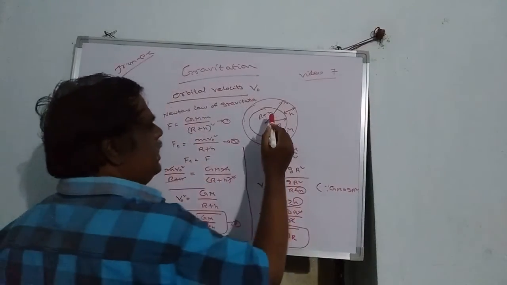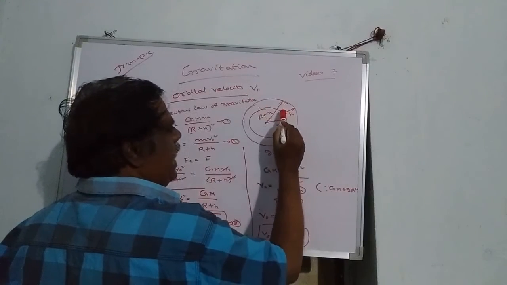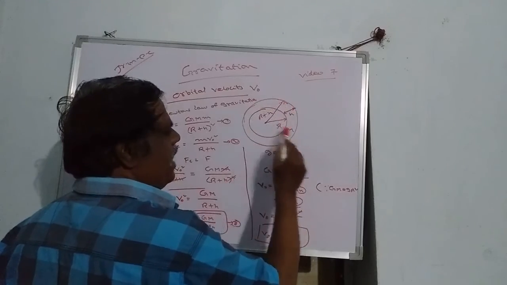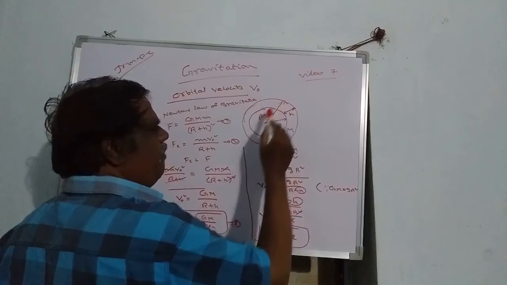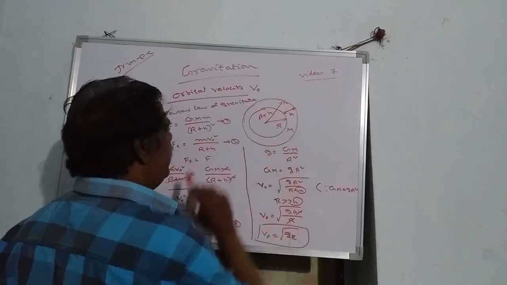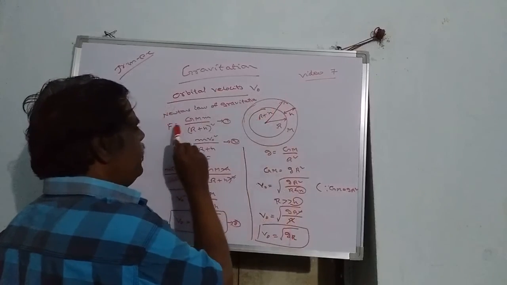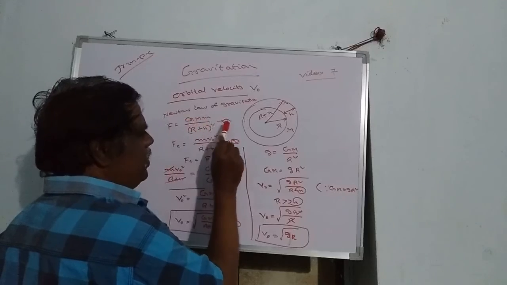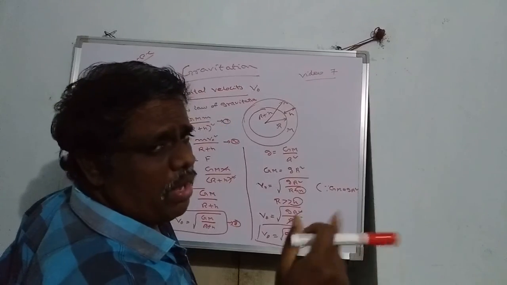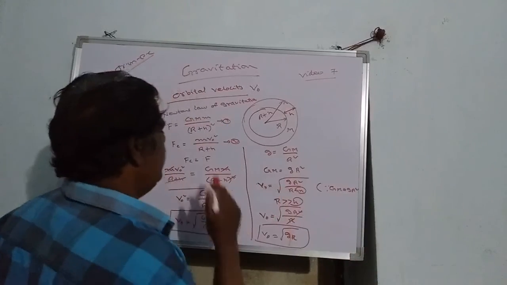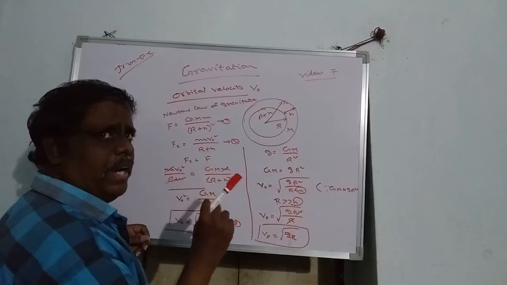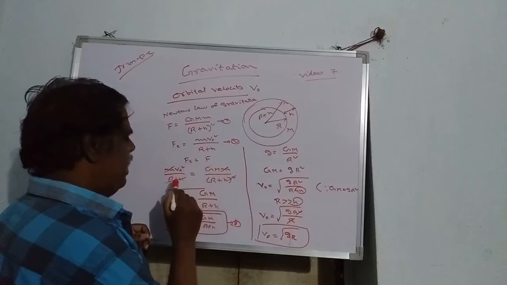Okay, let us consider. The radius of the Earth will be r. The height of the satellite from the surface will be h. It is the orbit. The mass of the planet will be M. Every object will be attracted towards the center of the planet, so from the center it will be r plus h. From Newton's law of gravitation, F is equal to G M m by r plus h whole square. This is equation number 1. The centripetal force required for the satellite to revolve will be m v naught square by r plus h. This is equation 2. So to keep the satellite in the orbit, Fc will be equal to F. So on solving